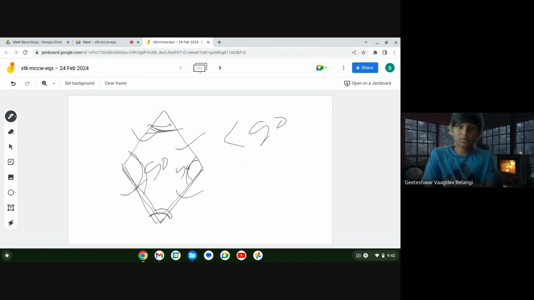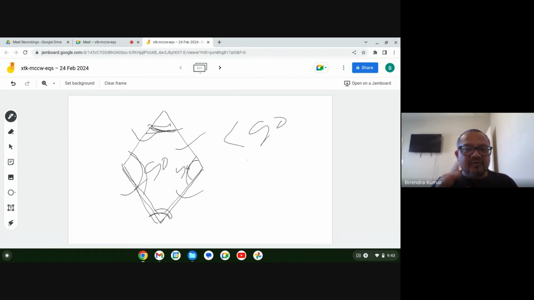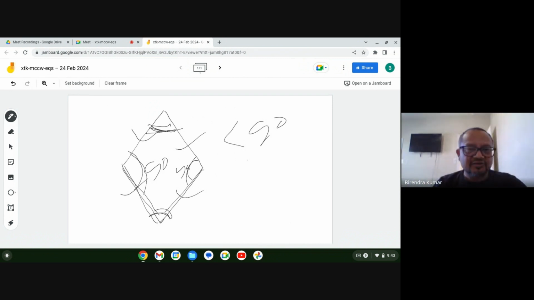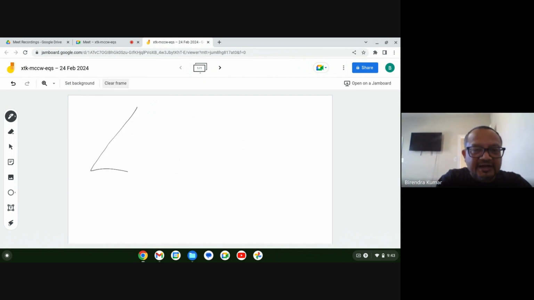So the angle becomes smaller. What does it mean? It becomes taller, thinner and taller. So if you look at a square and a rhombus side by side, this was your initial square. What did you do? You squeezed from these two corners. You pressed it. What happens is,